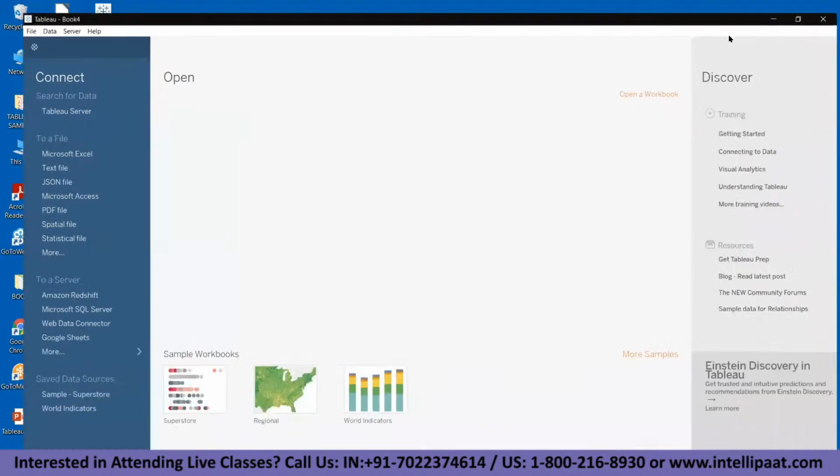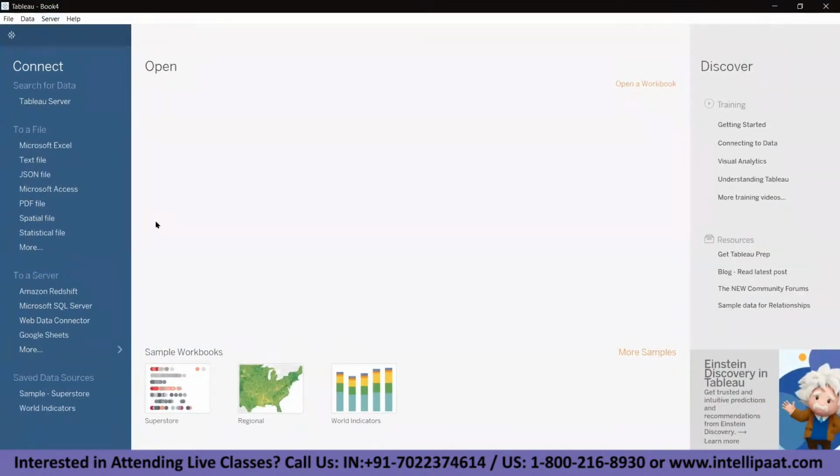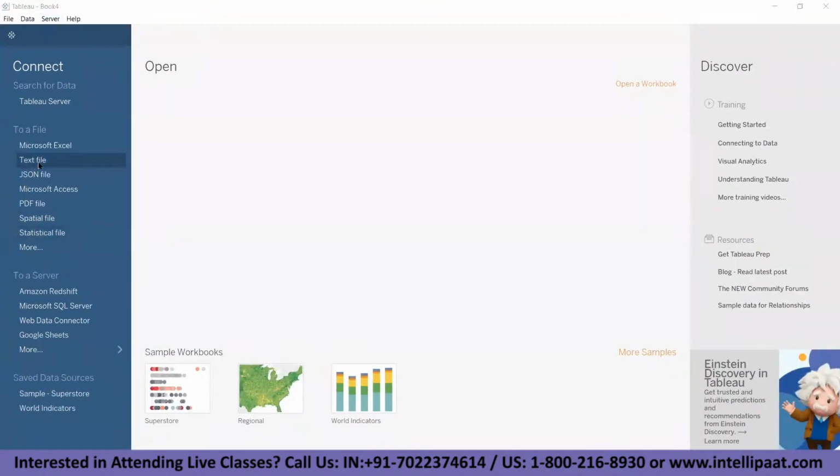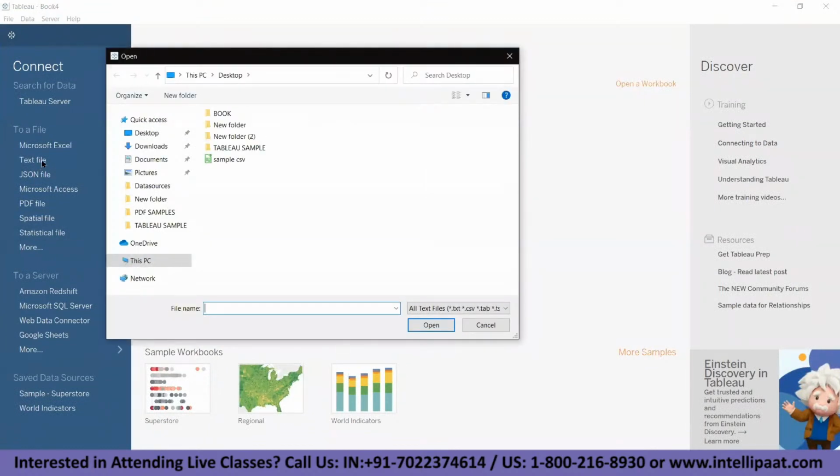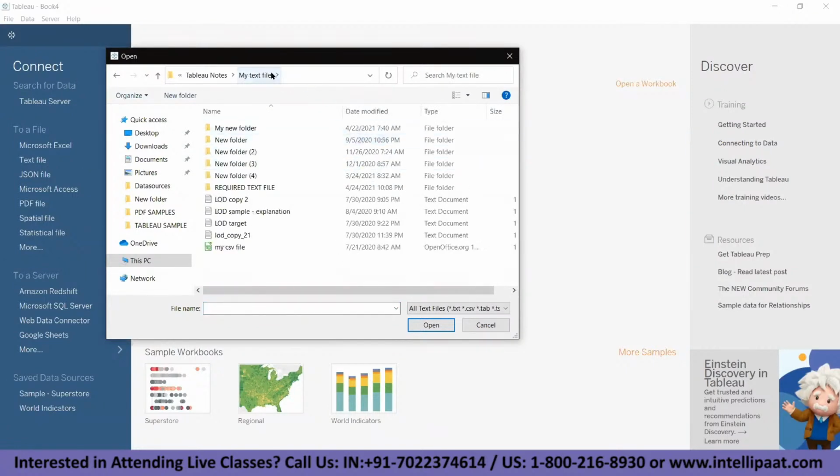So what Tableau does is, Tableau is giving this particular option when you're working with text files. Just click on text files, and I have a folder called my text file, within which I have